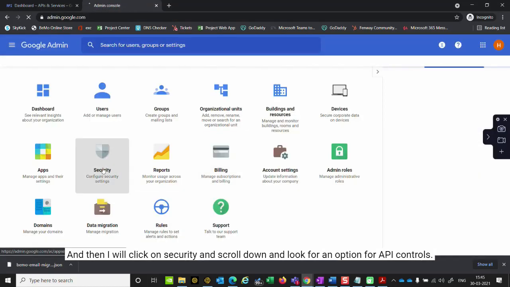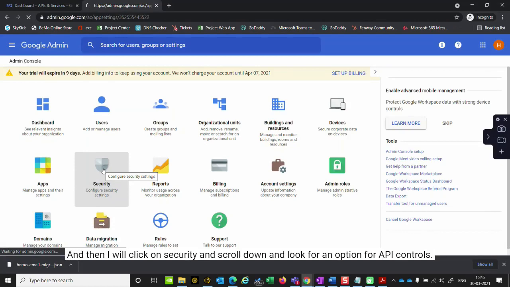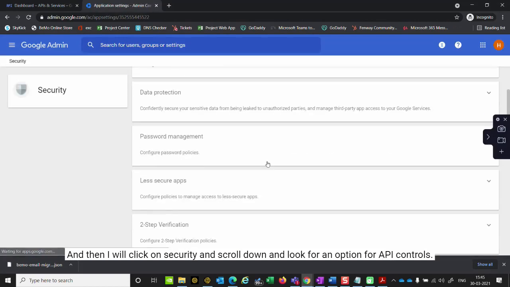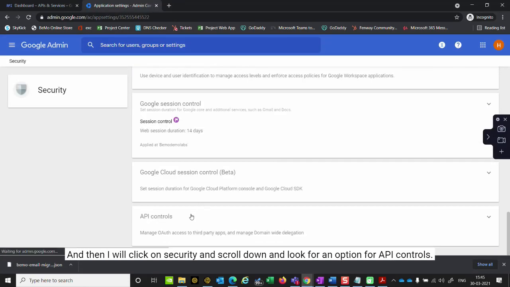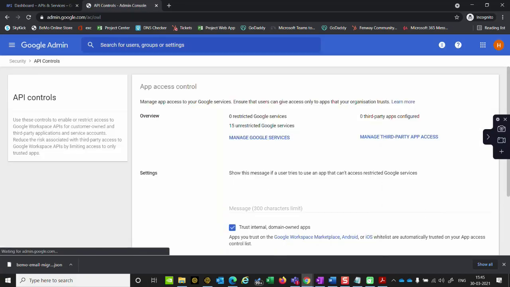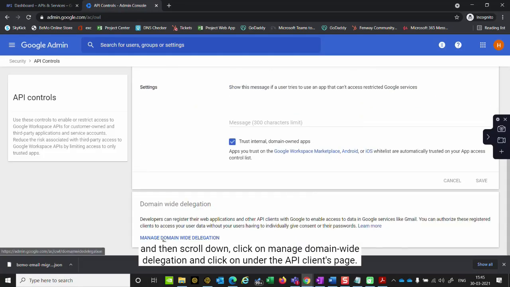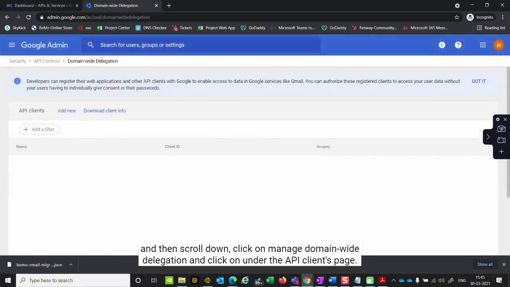And then I will click on security and scroll down and look for an option for API controls. And then scroll down, click on manage domain wide delegation,